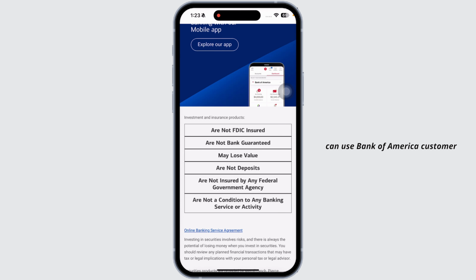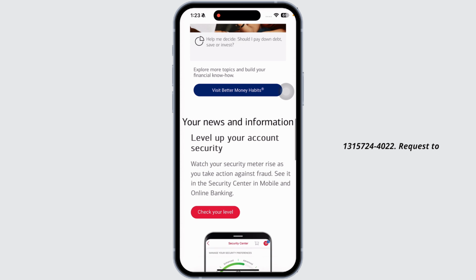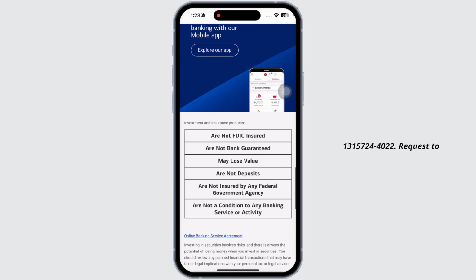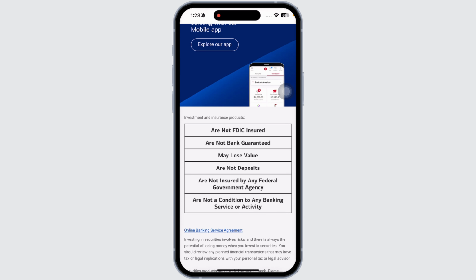Next, you can use Bank of America customer service. You can dial 1-800-432-1000 or 1-315-724-4022. Request to speak to a customer service representative and ask for information about the authorized users on a credit